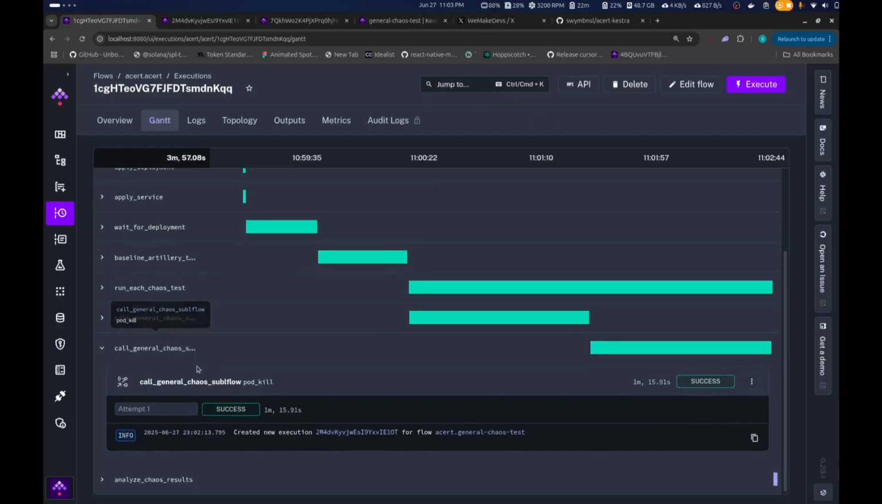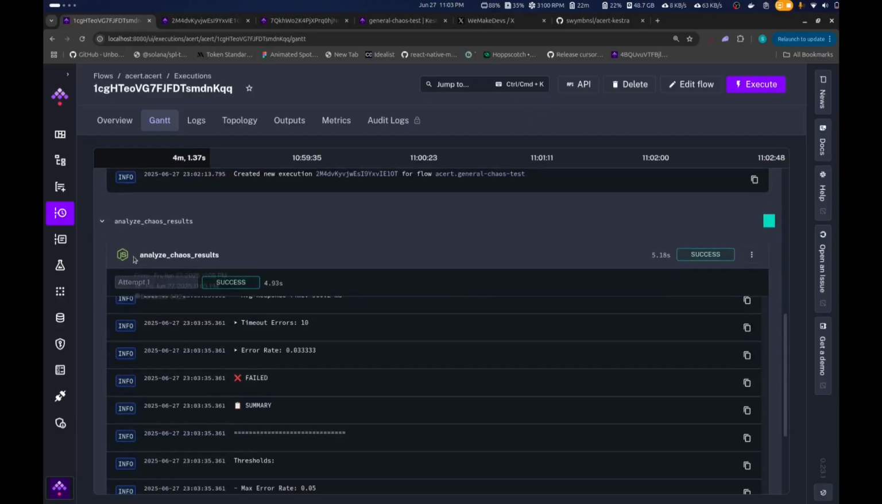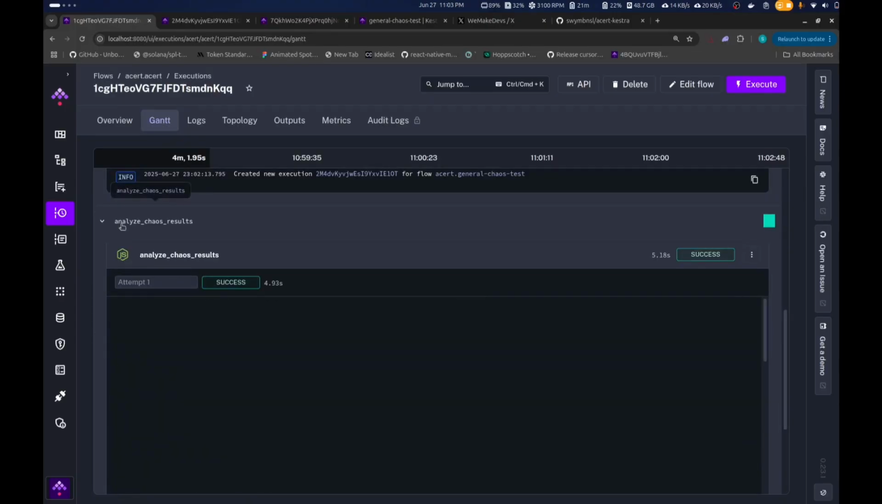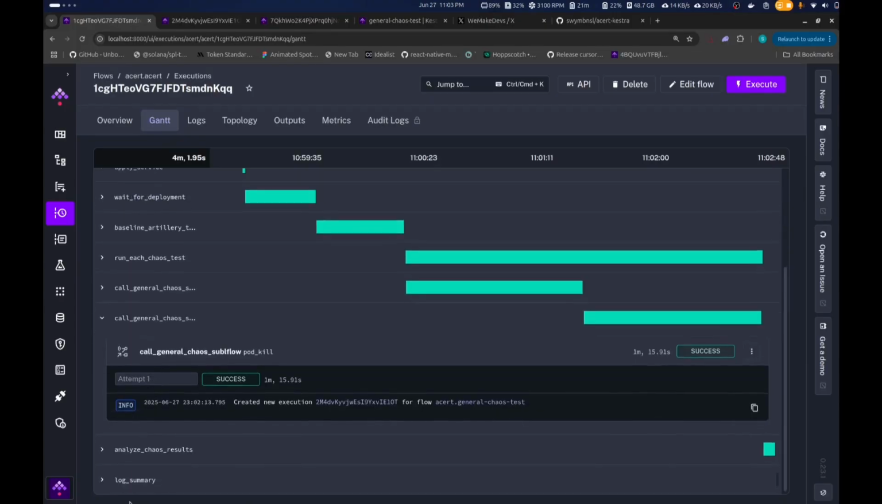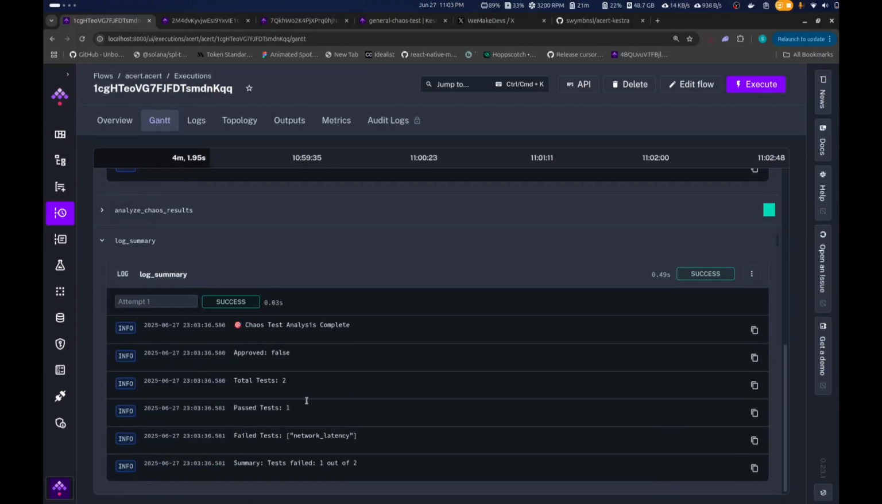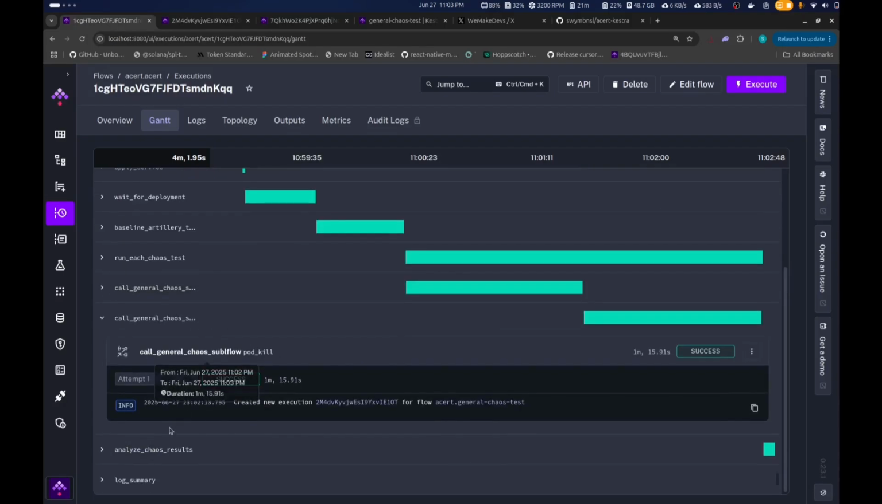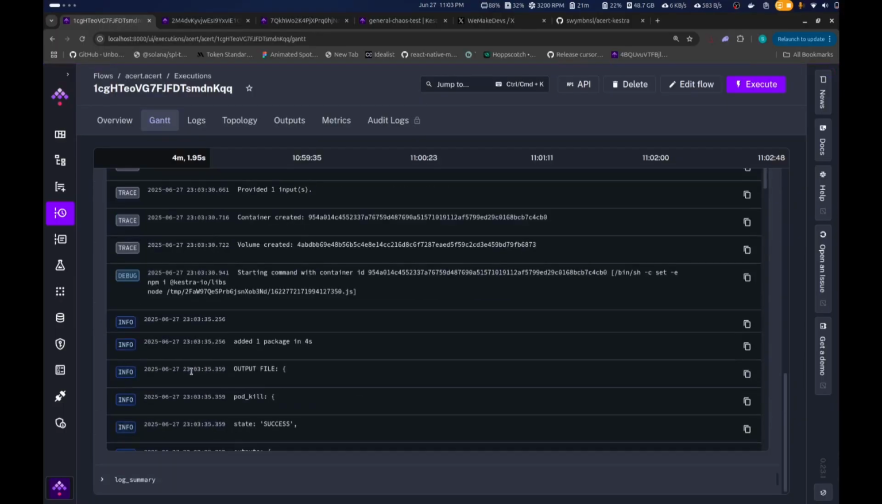Okay, it's completed, and now at the end it is analyzing all the chaos results using a custom Node.js script. And here's the summary. So there were two tests, and one of the tests passed, but the network latency test failed. And if you want a detailed summary of what happened, we can check here,